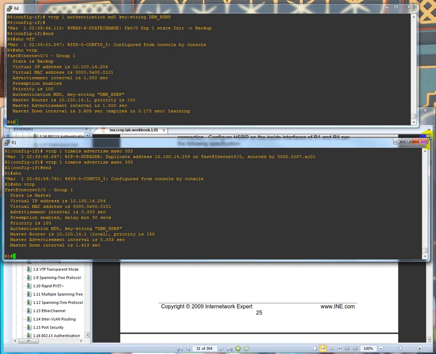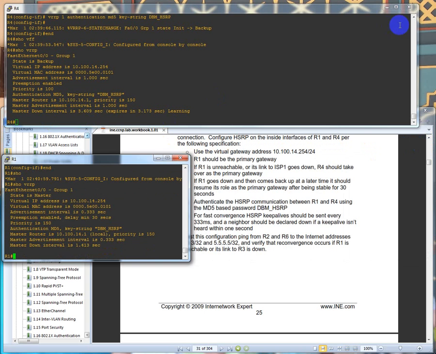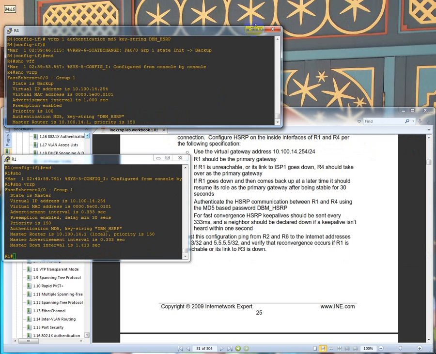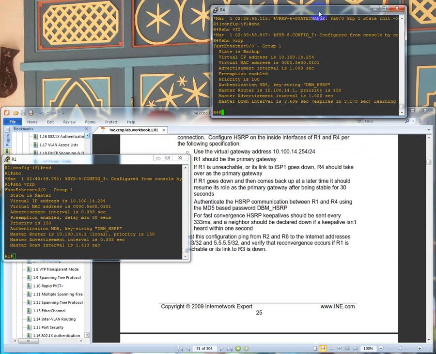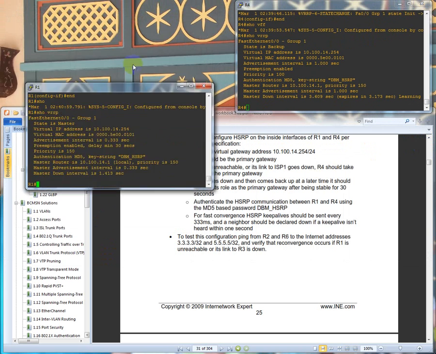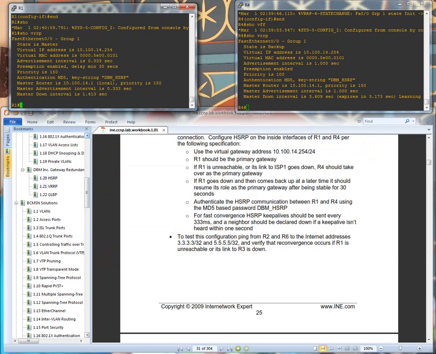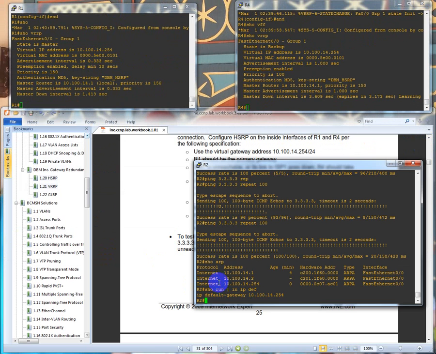Let me bring these guys in just so you guys can see this all at the same time. For me, I like being able to see what's going on. I don't like not being able to see what's happening. Go to R2, bring him up, and then we're gonna do the same ping to this IP address,